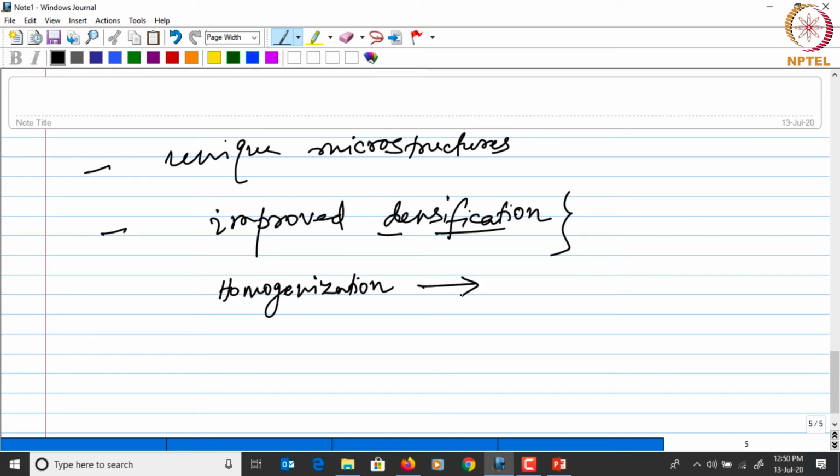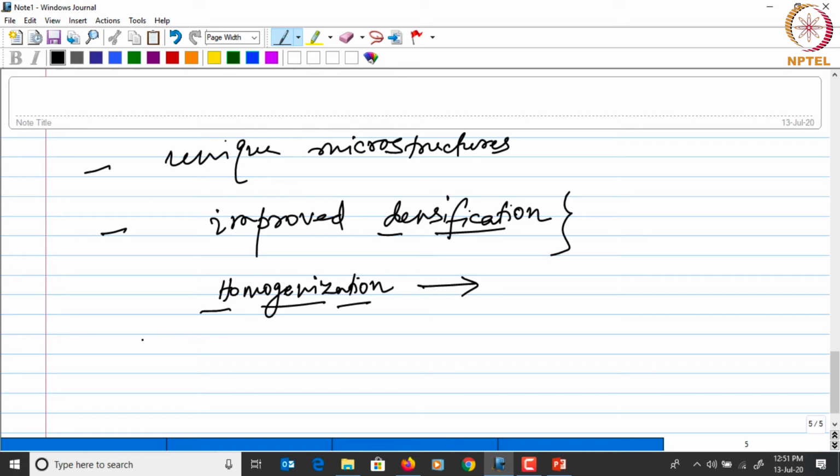Because you need to maintain a particular alloy chemistry, a particular composition, right? So when the sintering happens, the powder which is mixed as an alloying element should be completely and homogeneously mixed with the parent metal to form an alloy which is uniform in the chemistry. Okay. So apart from densification, the homogenization part also has to be considered. In fact, for a considerable portion of the sintering time, this homogenization is dominant, post which the densification starts.